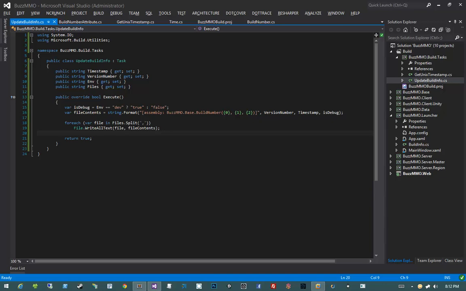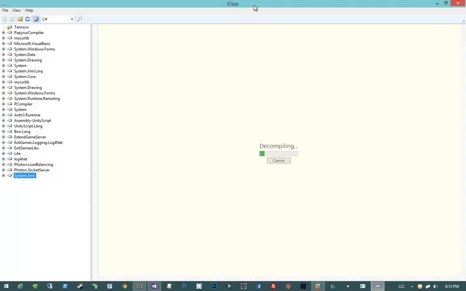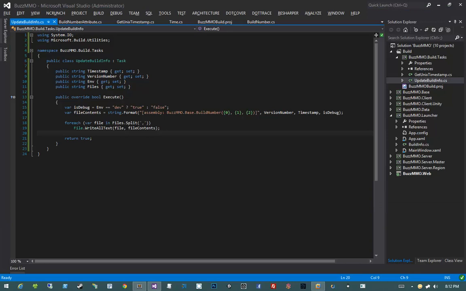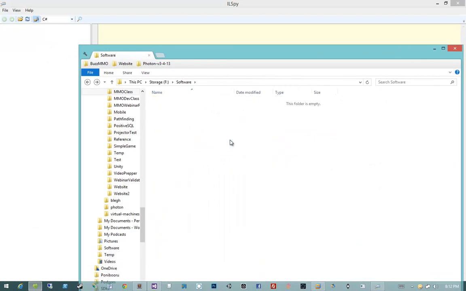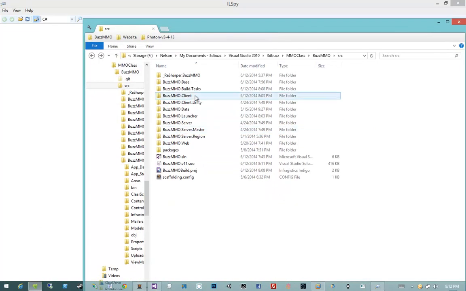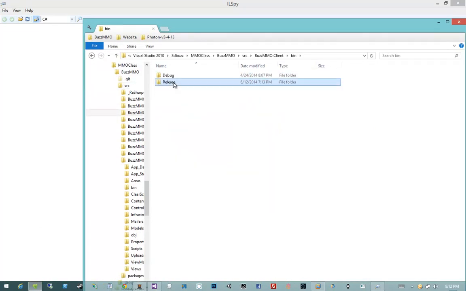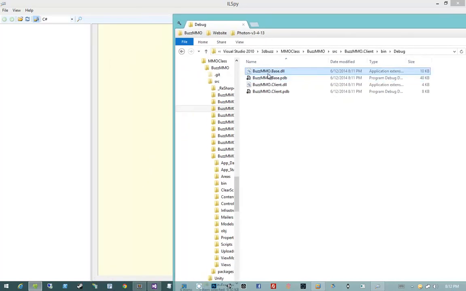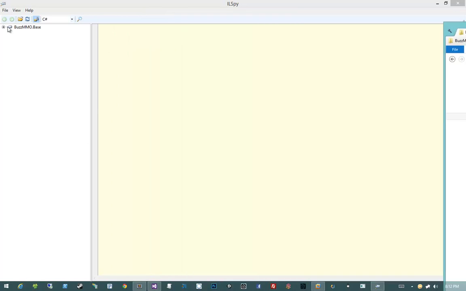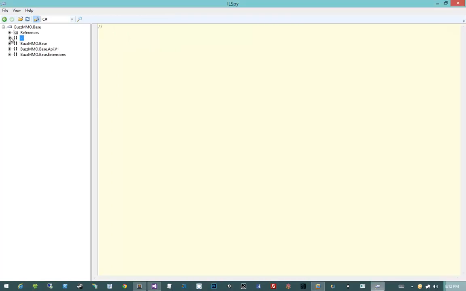So let's go ahead and launch ILSpy, sorry. I'm going to remove everything out of there. So now we have ILSpy open. Then I'm going to navigate to the folder where our build artifacts will be, which is going to be buzzmmo.client bin. And since we didn't specify an environment of production, it's going to be in debug. As you see, the time 8:11, or 8:12. So that's good. Let's go ahead and click and drag base.dll into ILSpy, open it up, and see if we can track down that